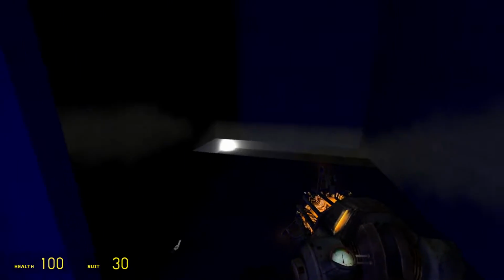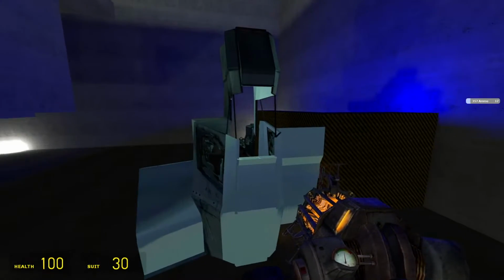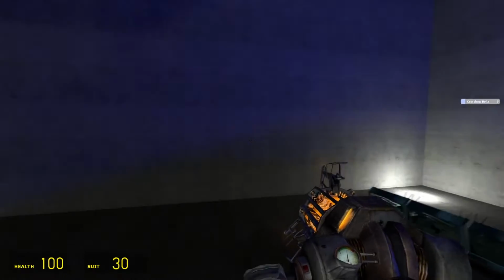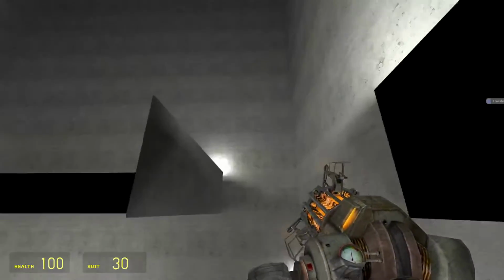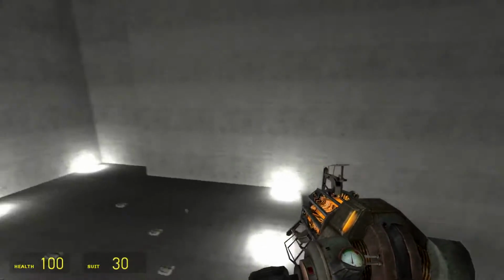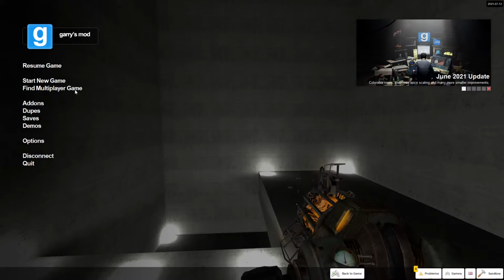It's still blue. Really not much changed. Lighting is still hot garbage in this map. Like, this is way too many lights. Nothing really changed. So let's take a look at